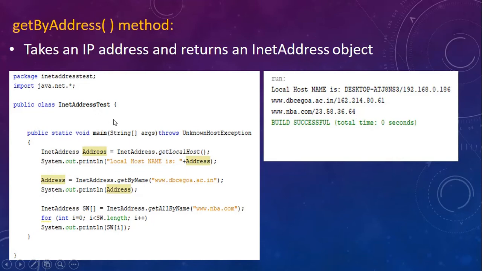So as you can see, InetAddress class, what it does, it binds together both the things. See, for every result, it first shows you the domain name and then it shows the IP address. So domain name and IP address both are bound together by InetAddress class.